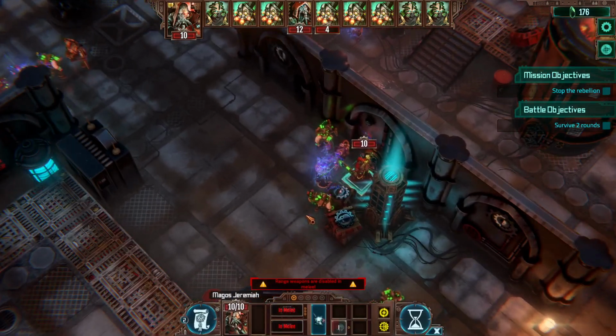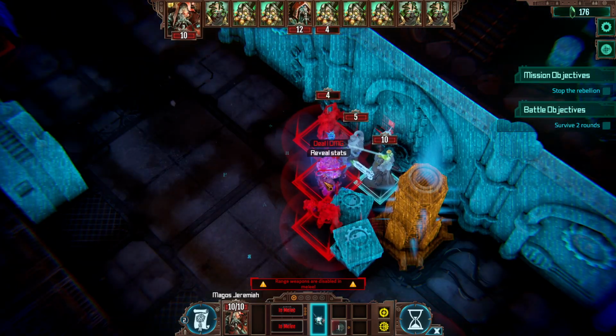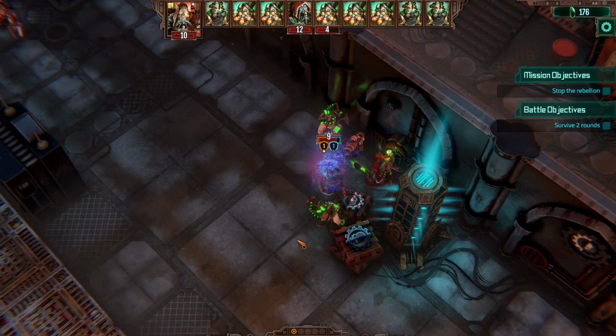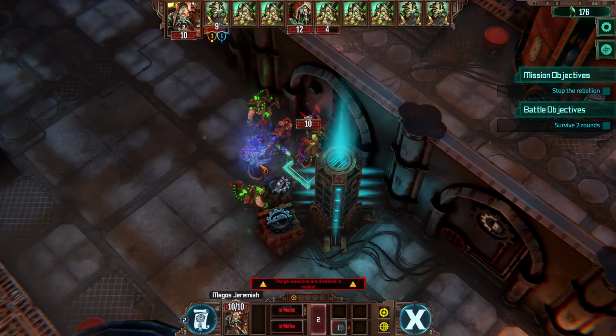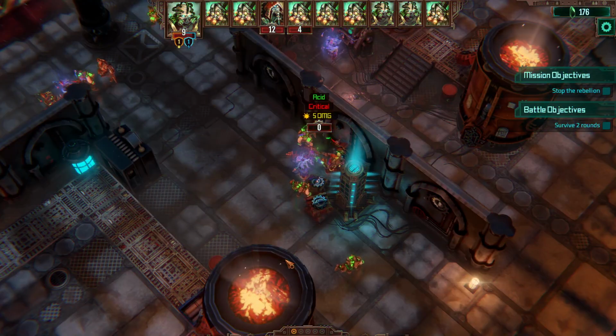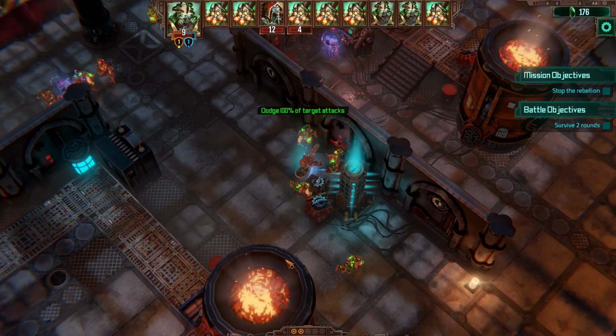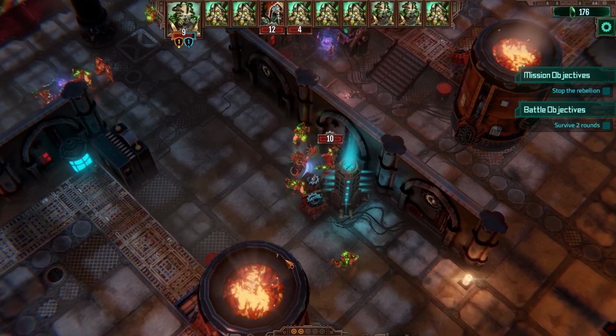Well, that's something. So he is in melee, there's nothing he can do besides reveal some stats. Maybe we just have to survive. We'll be okay. Oh yeah, that's right, the scanning also damages. Neat. Oh, not neat. If I took a hit, they could have been directed towards my tech priest, so...